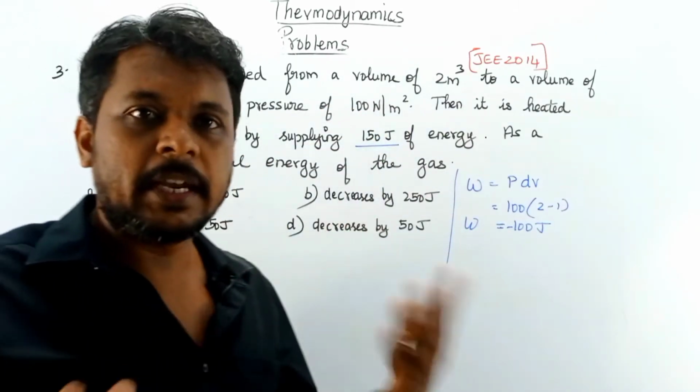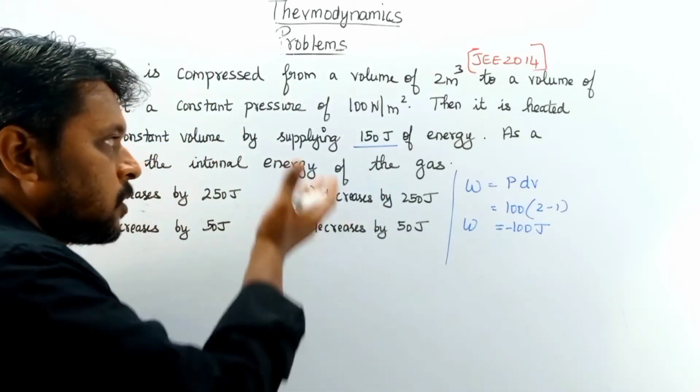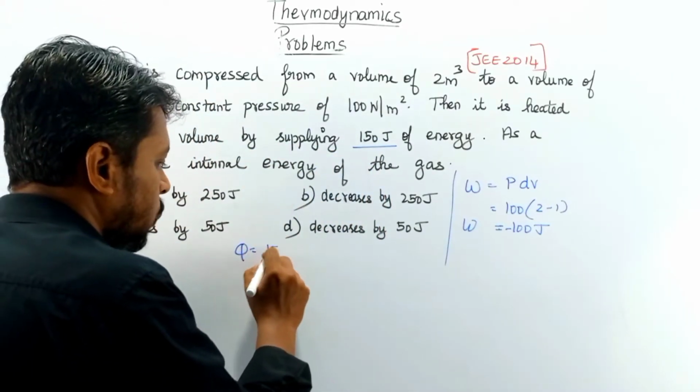So work is done on the system, is negative work. Here they have also given that heat is supplied at constant volume. So the heat value is given as 150